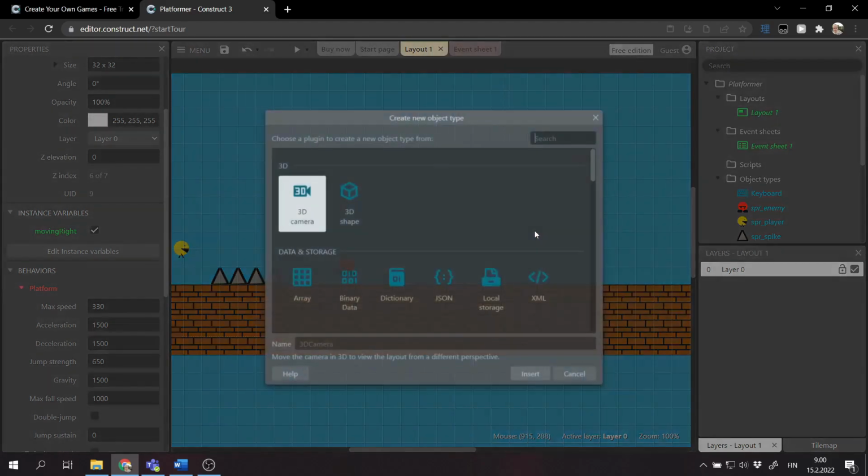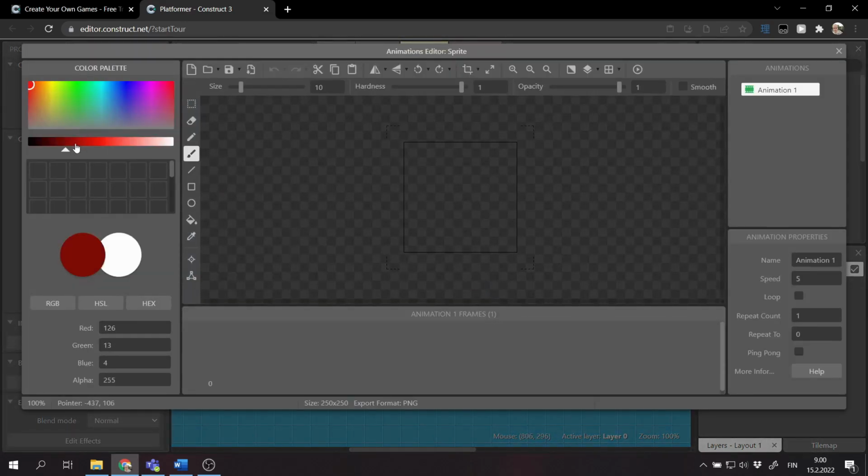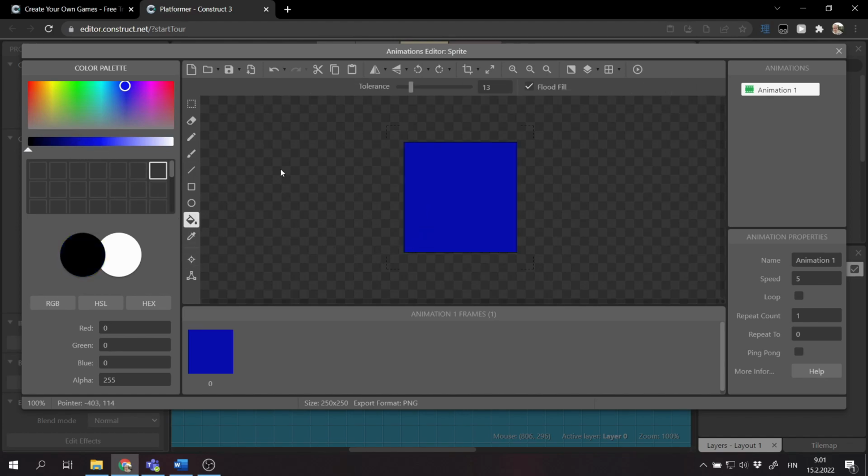So let's make a new sprite. And for this, let's make it blue, like so, and draw a small arrow so we know that it should be moving or turning towards left,